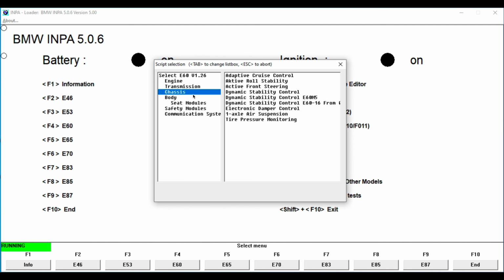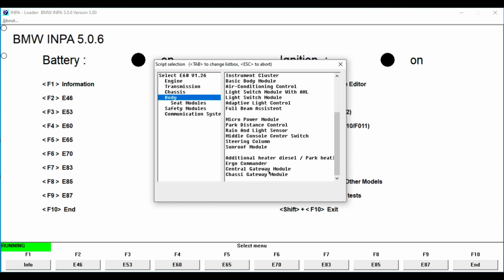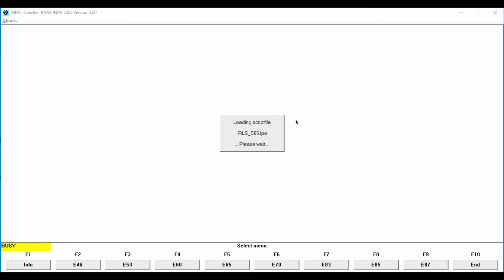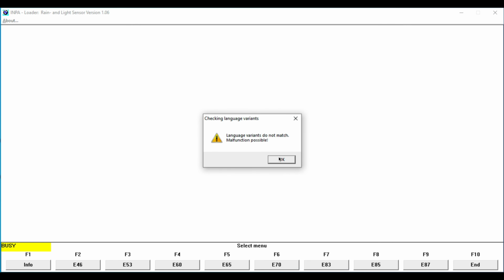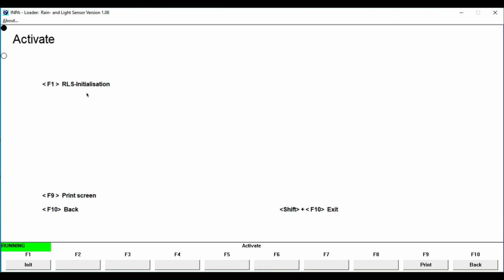What else have we got here? We've got quite a few other things here actually. We can go into the central gateway module as well. Got a sunroof module, middle console center switch, rain and light sensor, which again many people want to always do on this. So you can click on that, go into here, go into activate, and you can do RLS initialization,